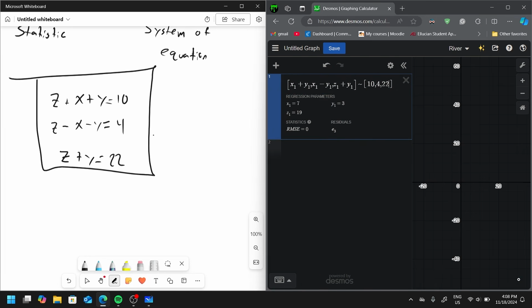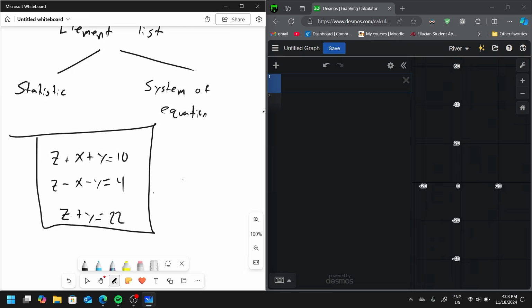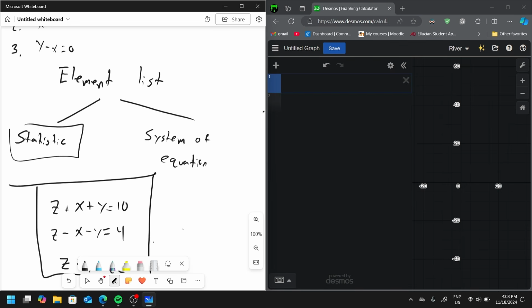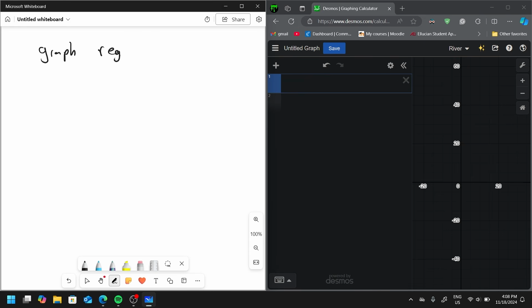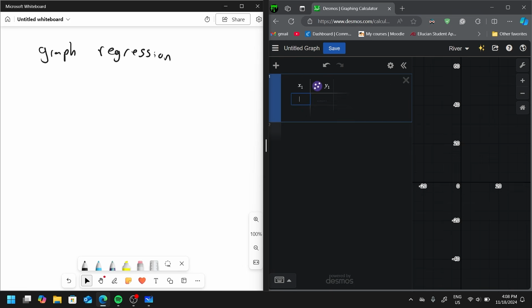Okay, so what else can we do with this element list? I know I divided it up into statistics and system of equations, but there are more things you can do with element lists. And the first one is graph regression. Most videos that I've seen skip over the fact that this is an element list. But when we add a table, we can type in table right here. When we add a table and we set it to 1, 2, 3, 4, 5, 6, and we get these points right here,